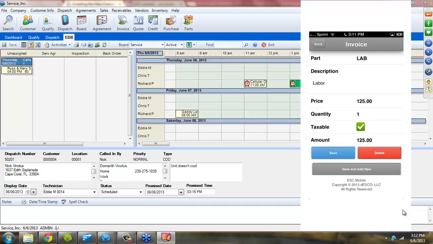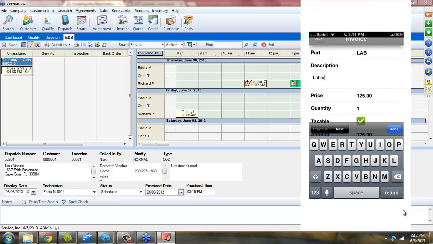And when we're doing an invoice, what we really want to do is to be able to capture exactly what it is we're doing for the customer. We're going to change the description of some part. It could be a history code. In this case, I like doing it with a labor code because we want to show the customer what it is we're doing. So at this point, I could type in exactly what it is we're going to do, but